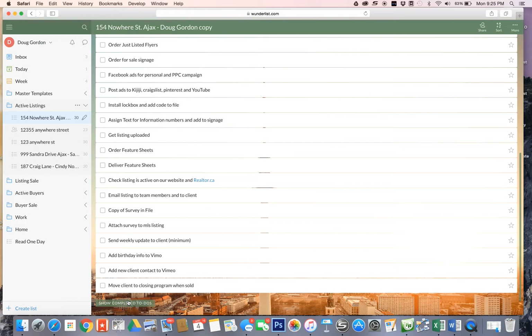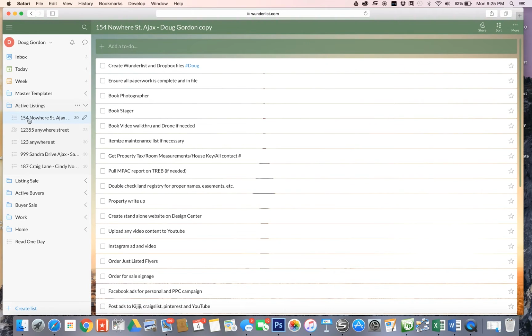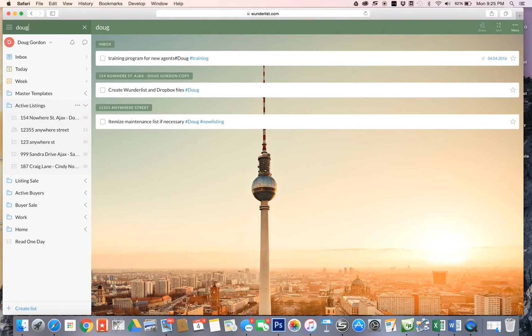I probably haven't ticked anything off here, but no. So nothing's been done for 154 Nowhere Street in Ajax yet. Getting back to the hashtag here, some of the things I might hashtag with my own name because I want to make things searchable that way. So I can see anything that's been hashtagged to my name, and I can see the due